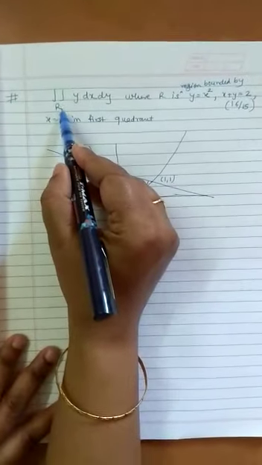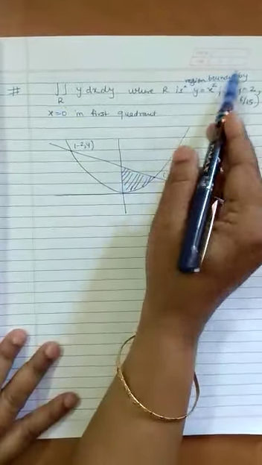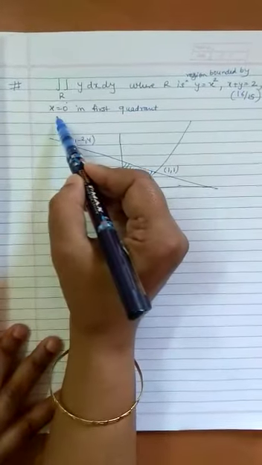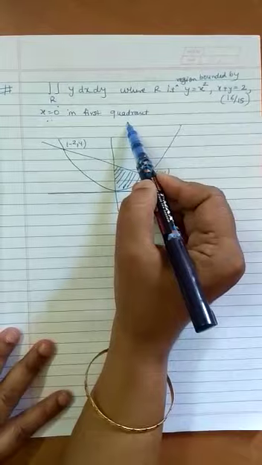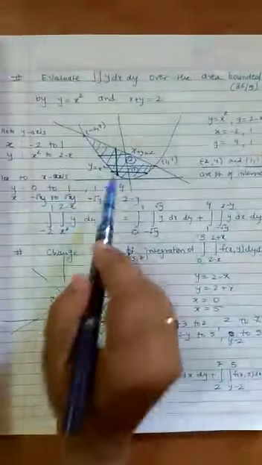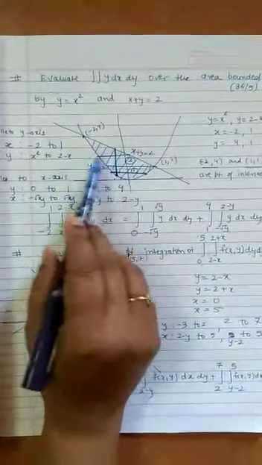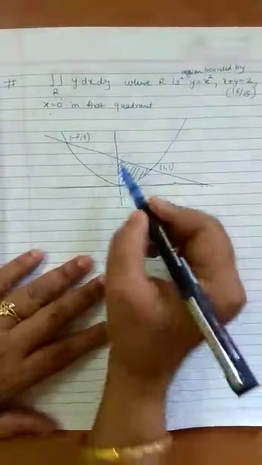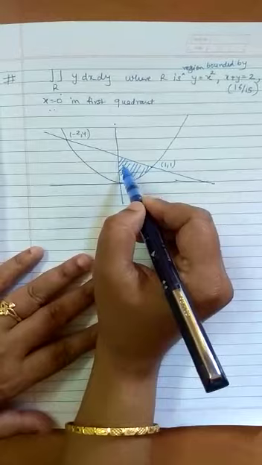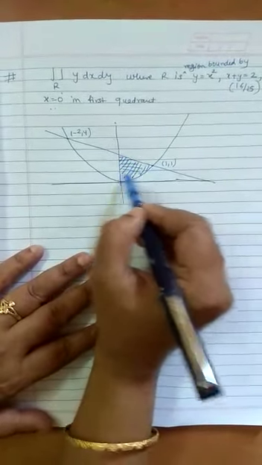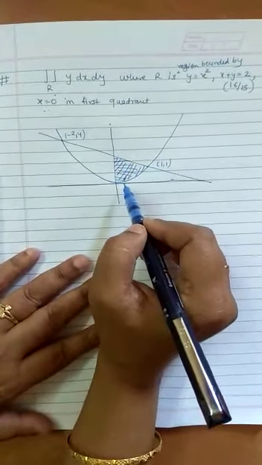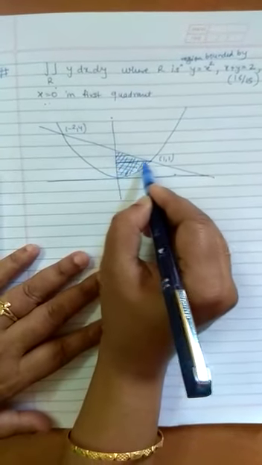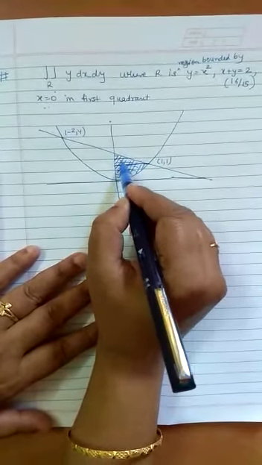Similar type of question: double integral over region R, region bounded by y equal to x square, x plus y is 2, but this time it is x equal to 0 in the first quadrant. It is a similar question as we have solved here. Here your region of integration was the whole part, but in this question it is given as the first quadrant. That means the region of integration will only be this region, right? So while taking limits, again just remember you will divide the region in two parts like this. Okay.